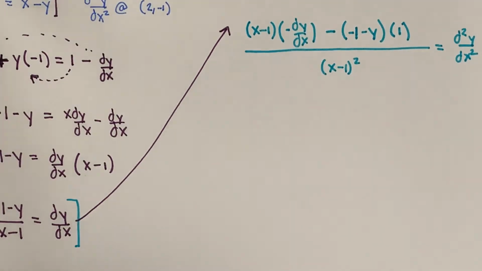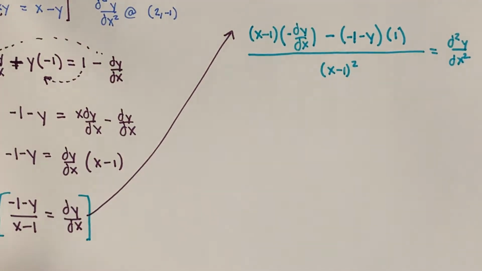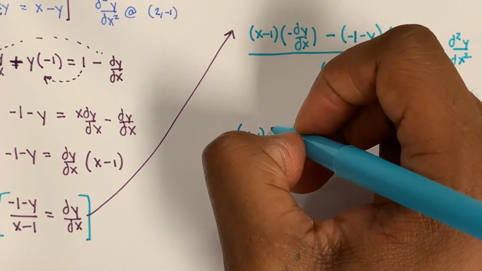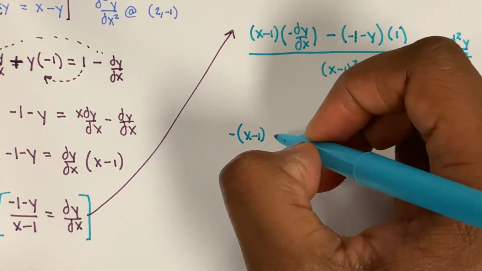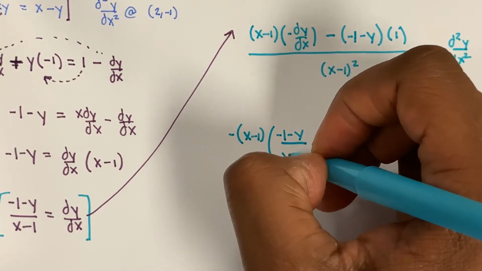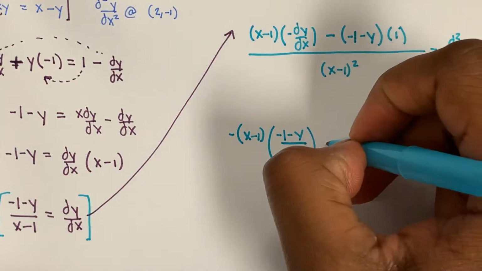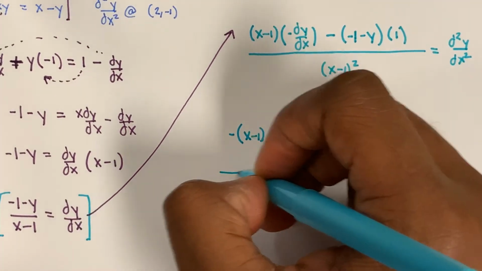So in doing this, we'll zoom out just a bit. We can substitute in this for dy over dx. There are two ways to do this. We'll cover both. So one way we can do this is having x minus 1, and we'll put the negative in the front. So we'll take this negative and just move it out to the front. So we have x minus 1 times the quantity -1 minus y over x minus 1, since that's dy over dx, and just minus -1 minus y over